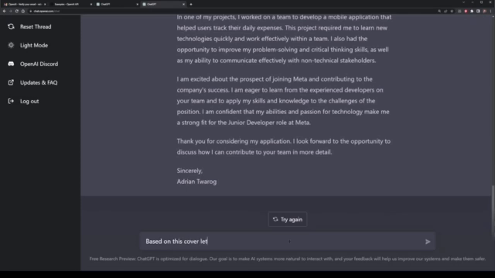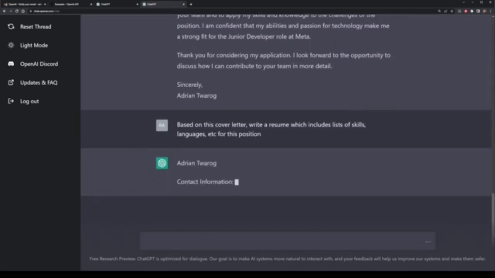This time, based on this cover letter, I want ChatGPT to create a resume for me that I could maybe combine as part of this application. So I can simply write, based on this cover letter, write a resume which includes things like skills, maybe work experience, maybe even other things such as languages or etc. Based on the context of this, I'm applying for the same position, and let's have a look at what GPT